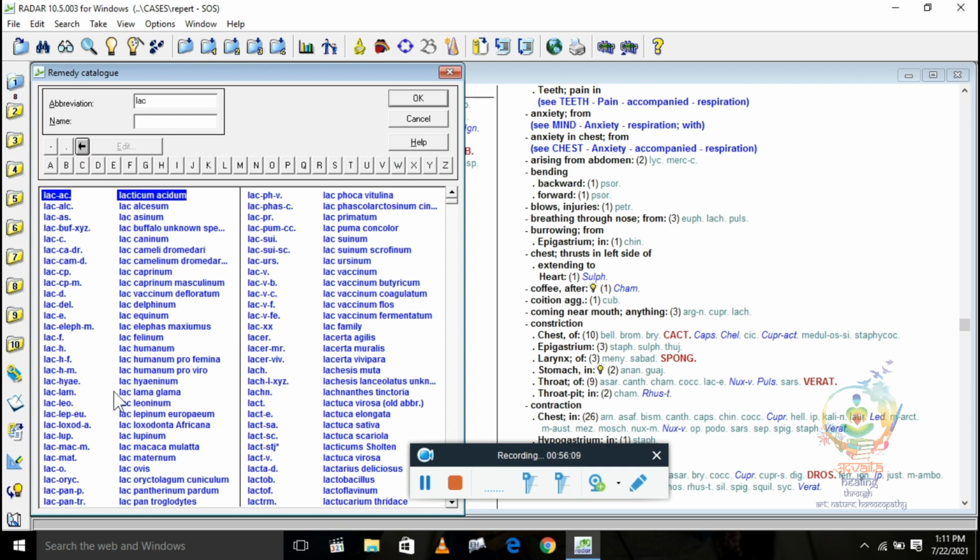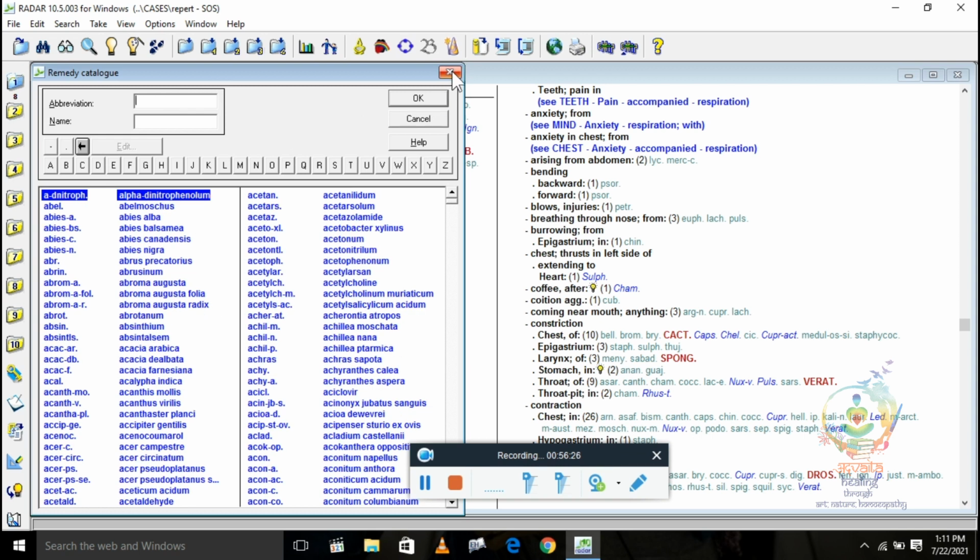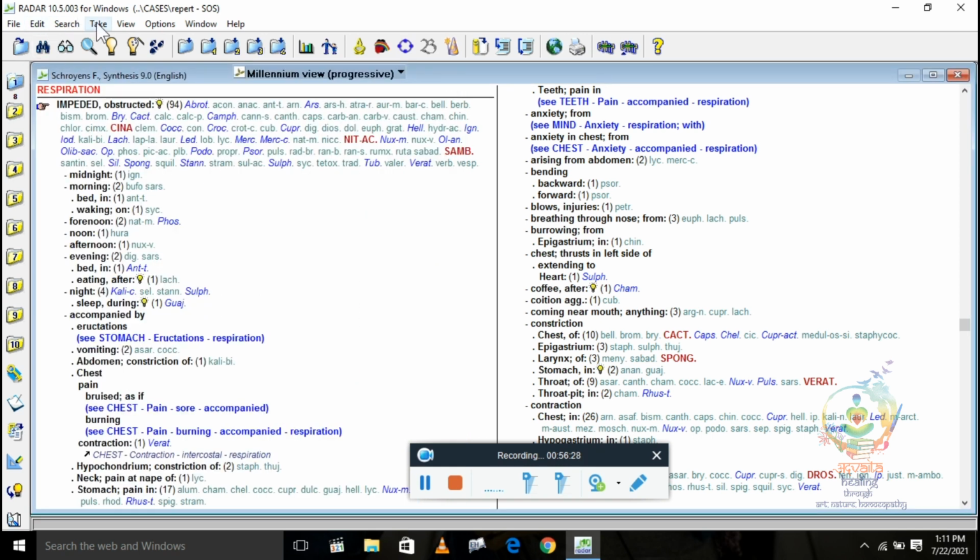So this remedy is present. See how many remedies are present in the Lac group. We never ever heard about this, Lac caprinum, Lac vaccinum, Lac delphinum, but with remedy catalog you can see whether the remedy you are thinking of is available in homeopathy or not, like that.